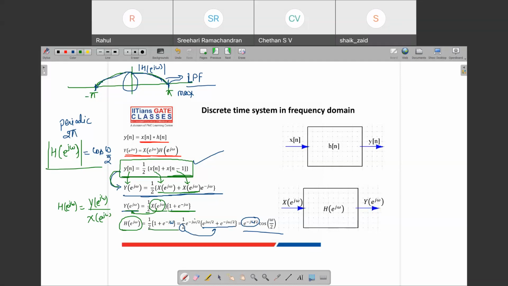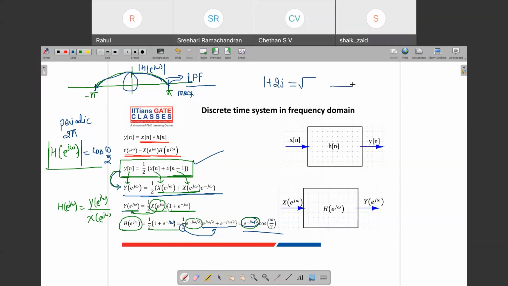Okay. So when you take the magnitude, when you take the mod of it, this term goes away. For example, let's say you have 1 plus 2j. When you write it by taking the magnitude and the phase term,